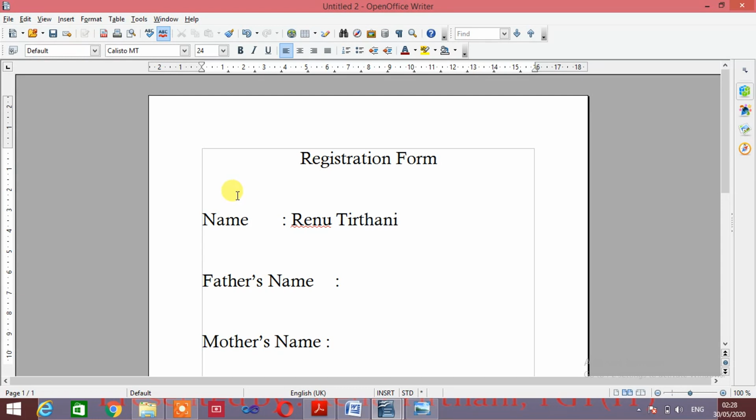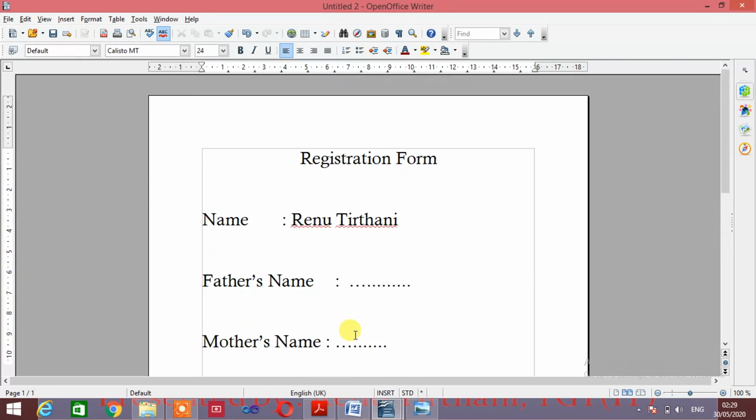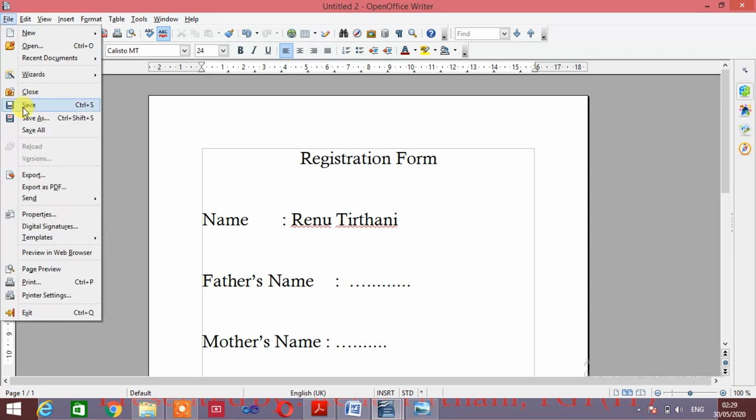Here I will fill my father's name, and here I will fill gender and then address. Okay, I have made changes and now I am going to save this file in the form of a document.